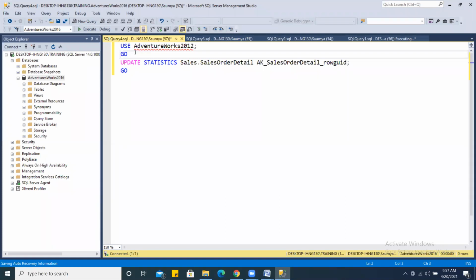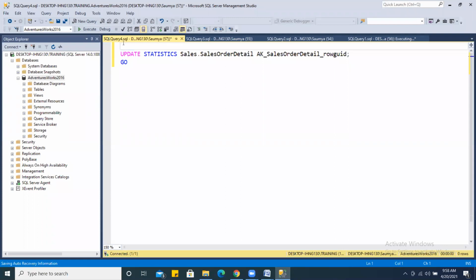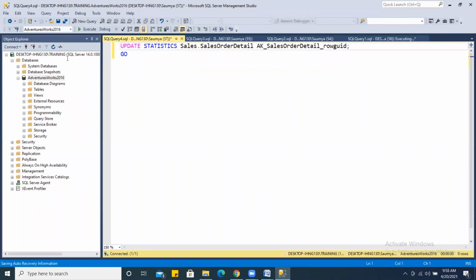Sir, when we update statistics, the database is in lock mode, sir. Yes, of course. Database is locked, but it is updating statistics. So meanwhile, you can query your database or you can perform other operations as well. Okay, so the lock will not cause any kind of blocking in this case, because you are finally querying your data from the table.